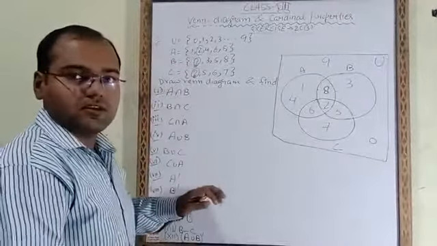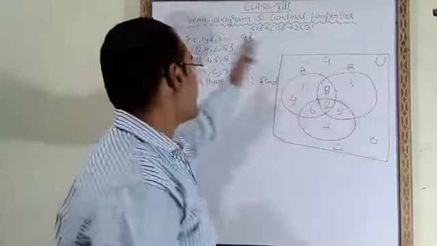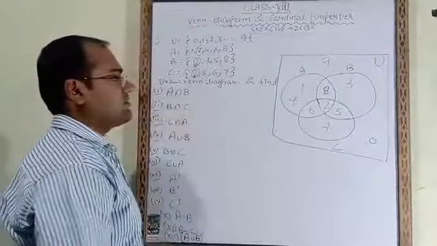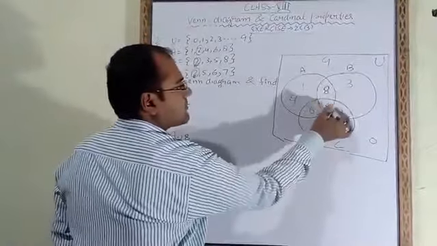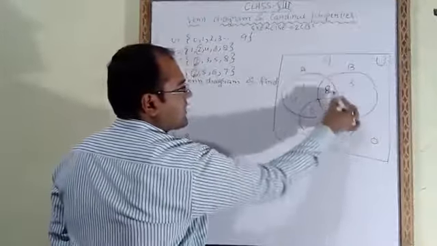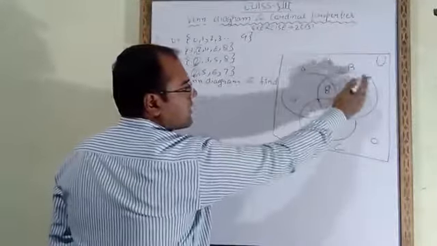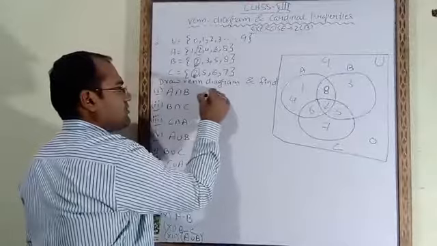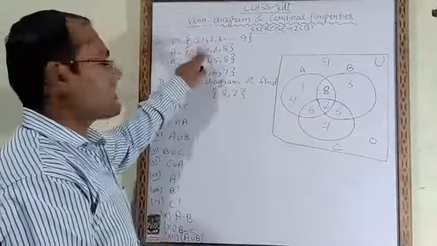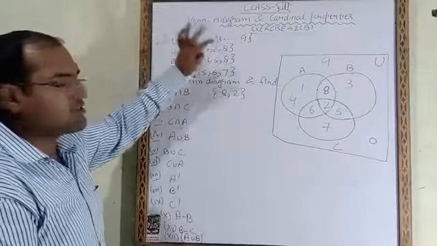Now first part, A intersection B. To find A intersection B, you can take the help of Venn diagram also, and you can take the help of these sets also. If you see the Venn diagram, this is circle A, this is circle B. From A circle and B circle, 8 and 2 are coming common in A also and in B also. So A intersection B will be 8 and 2. You can take the help of these sets also. You can check here A and B. 2 is common in both, 8 is common in both.